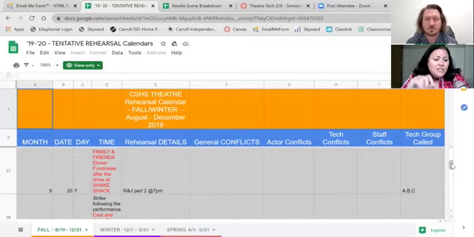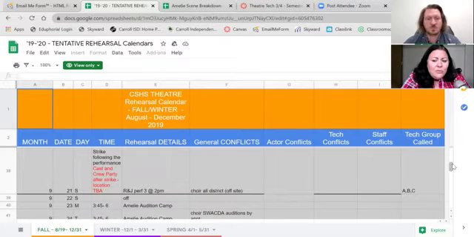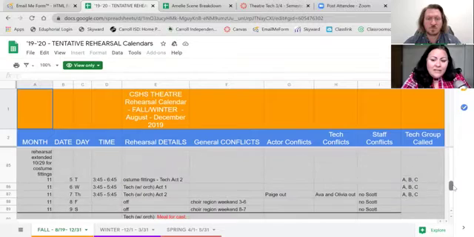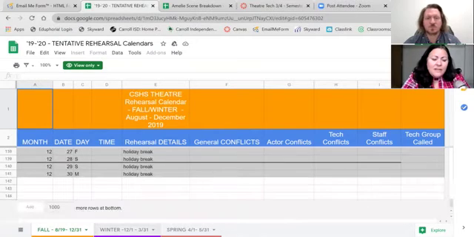If I make changes in it, I usually write it right here in the change in yellow or red or something bright so that they can see it. And I date my change because I don't want somebody 2 weeks from now when I change a rehearsal saying that they didn't have an opportunity to know about that. What gray rehearsals mean is they've passed. So it's a nice way to look at things and know where we are in the schedule.